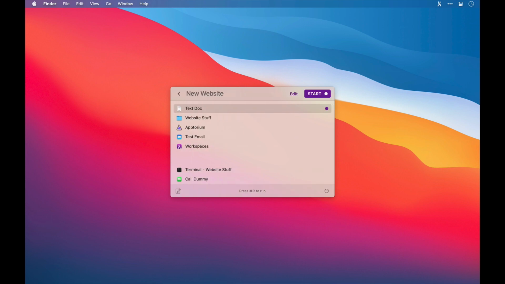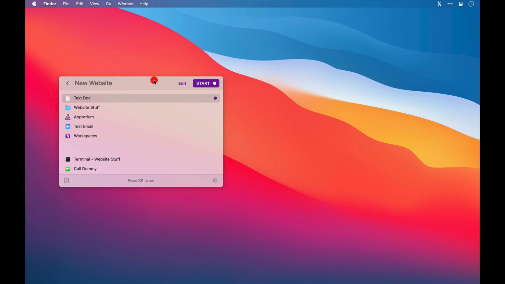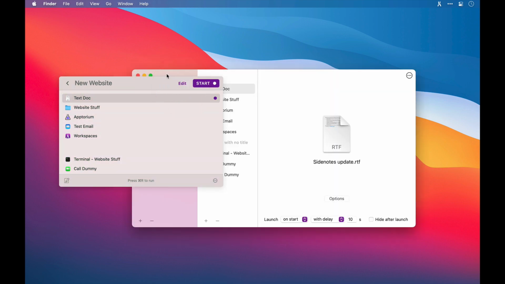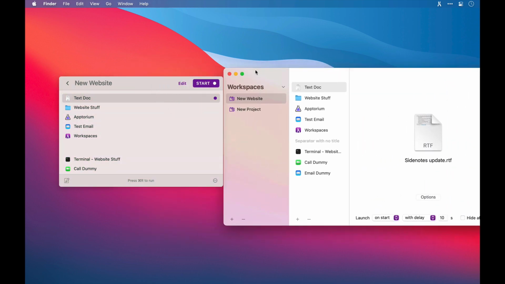So here we can see a list of all of the resources that I've added. On the right hand side of one of them though is a purple dot. And there is also a start button now, which when pressed is going to open or start any of the resources that are marked with a purple dot. So let's see how we get that dot in place. I'll move the search window over here a bit, then click edit. Now I'll just shift this over to the side.